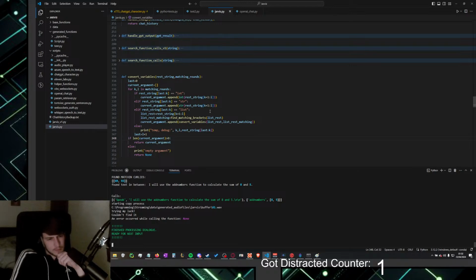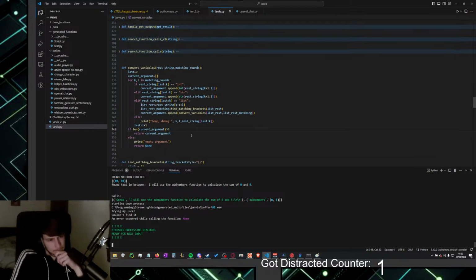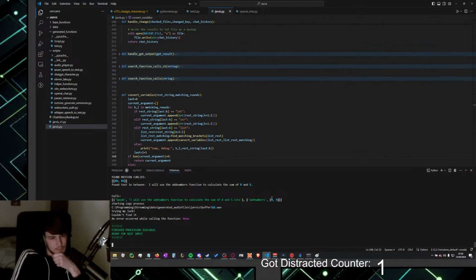That's an interesting one. I could turn the thing into a dictionary and say add numbers is the key and then the things. Nah, that wouldn't even solve it. I sort of need to iterate over the list and take all the values one by one.